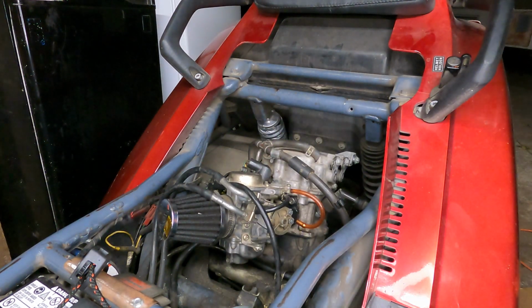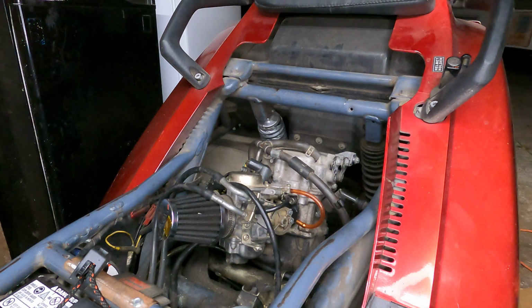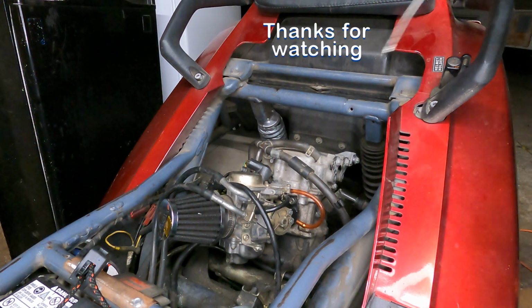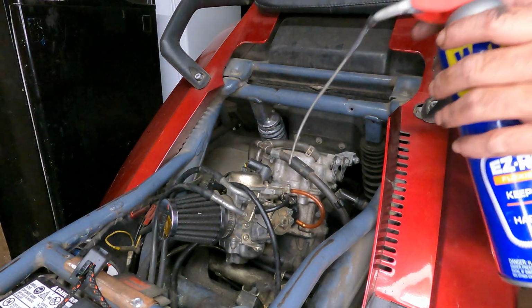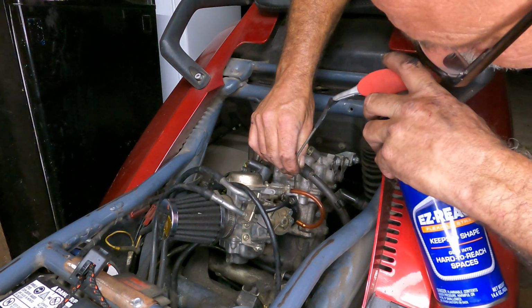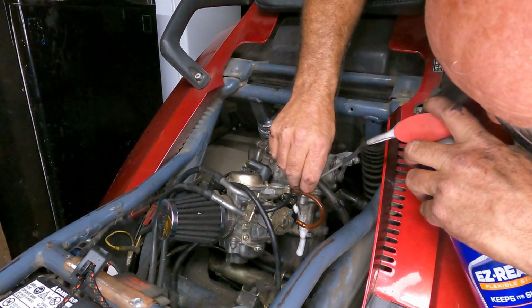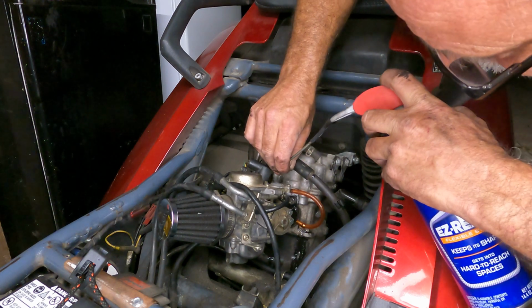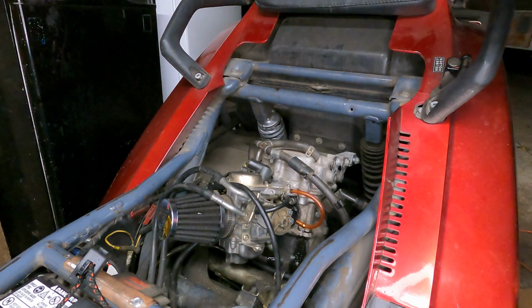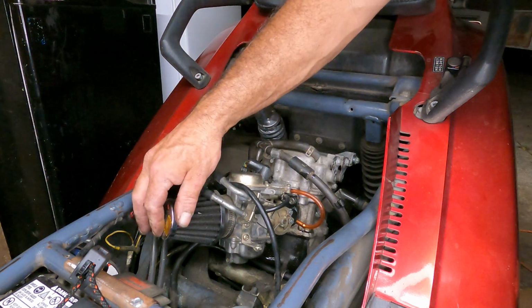Add more brake clean. We'll try WD-40. Right down the crack here. May have got it that time. May have been that side over there by the